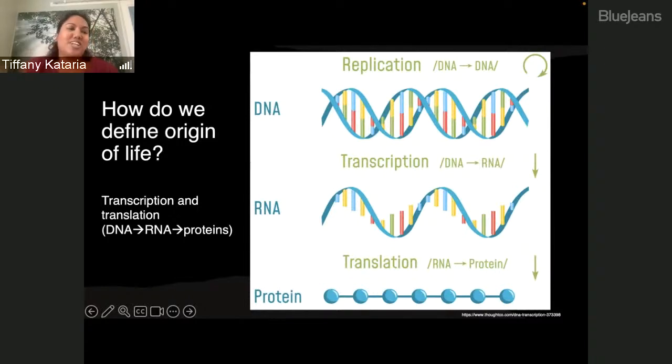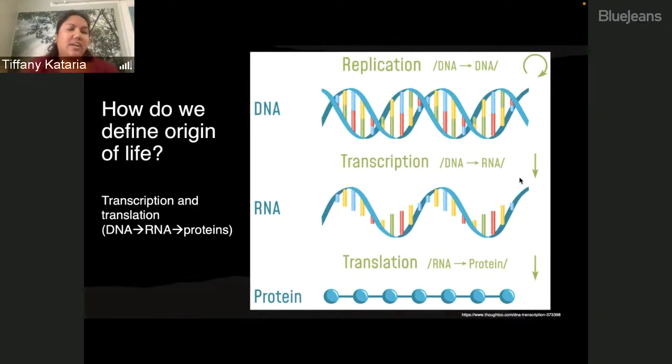But a big resource for understanding the origin of life for me has been Lori Barge, who's a scientist at JPL. Some of you may know her. She's a world expert in all things astrobiology and origin of life. And so a lot of what I've learned, I'm continuing to learn from her. And in conversations about conferences and so on, the origin of life itself and how you define it is somewhat of a hotly debated topic. But anyway, I want to be clear on what our definition is here in terms of how we think about it and the study that I'll be talking about later on.